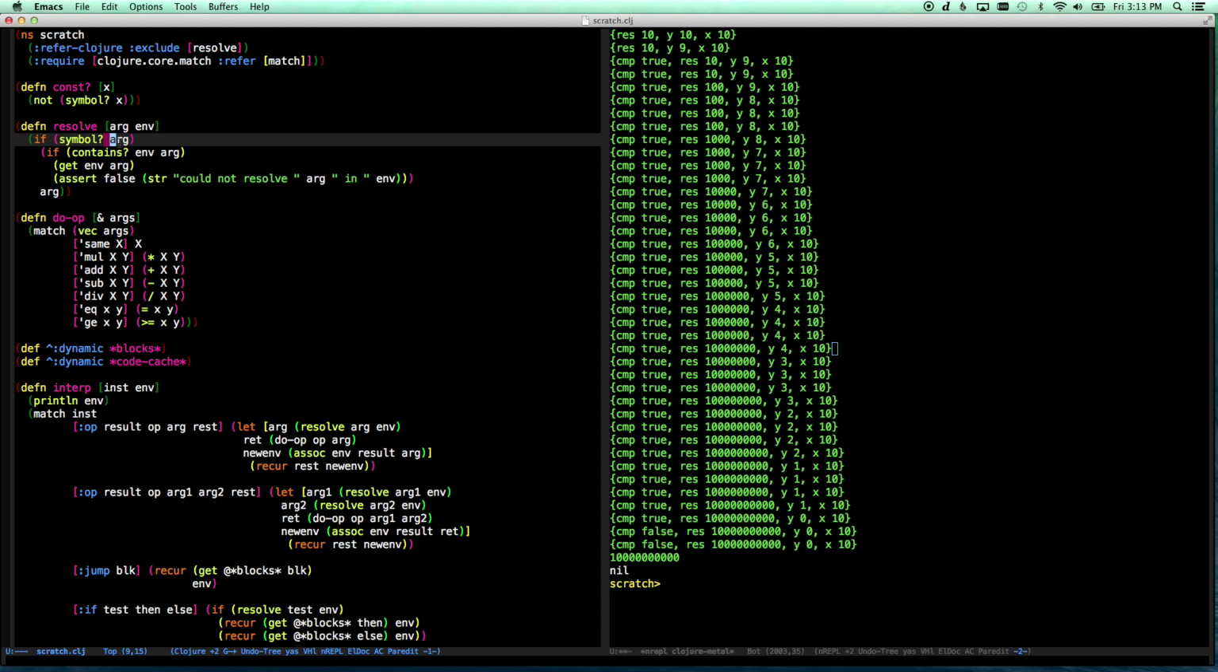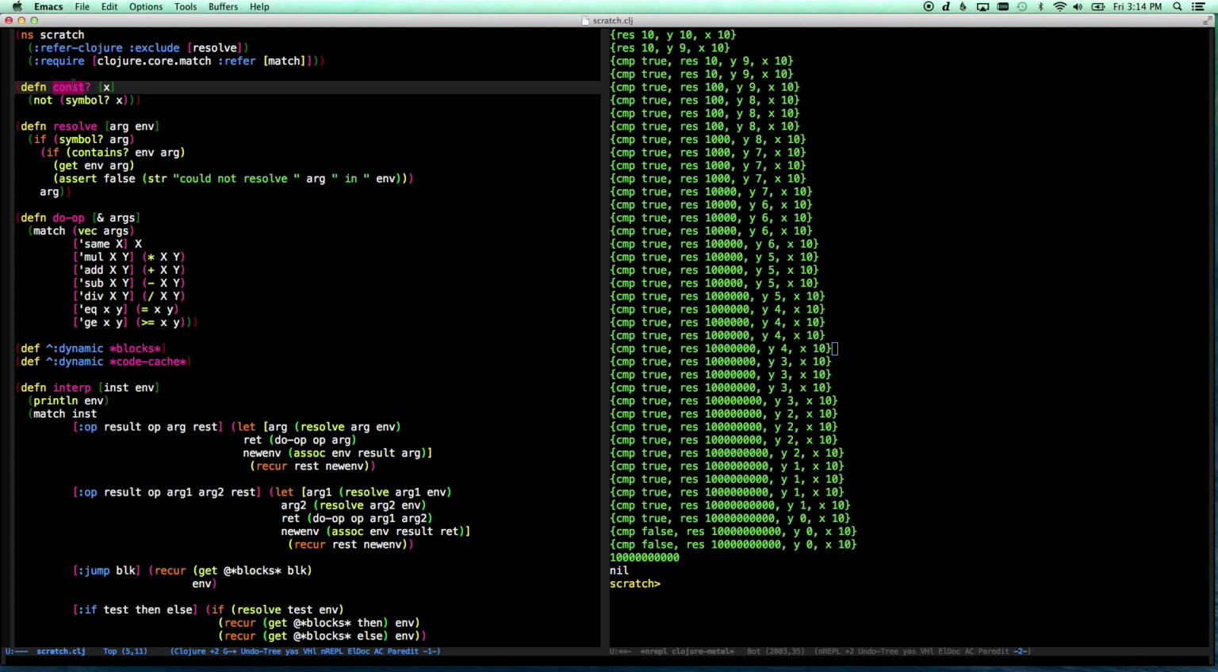So what we say here is if argument is a symbol, then if the argument is in the environment, then get the argument out of the environment. Otherwise, assert false could not resolve arg in environment. So we'll say, hey, we don't know what this variable was used before it was defined. Otherwise, if it's not a symbol, we'll assume it's a constant and we'll just return it. And that follows up here. If it's a constant, then it's not